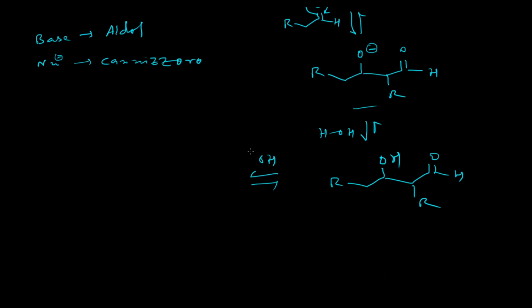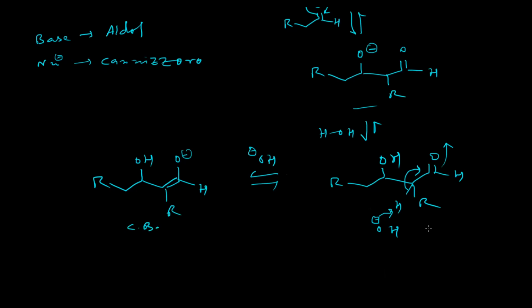Here the OH minus will abstract the remaining alpha hydrogen atom, and the carbanion formed after this proton abstraction will be immediately stabilized by the carbonyl group which is adjacent to this carbon center. So this will result in a very stable carbanion. This is our conjugate base, and this conjugate base is forming from this acid,